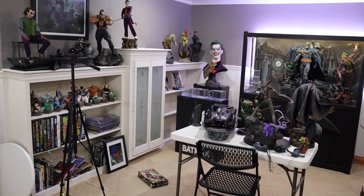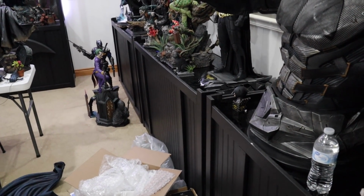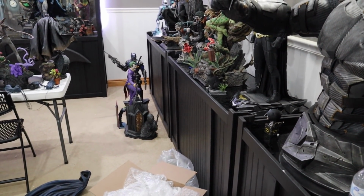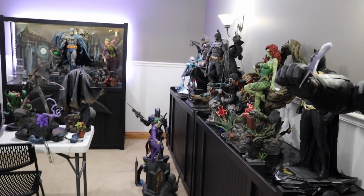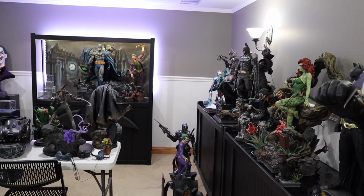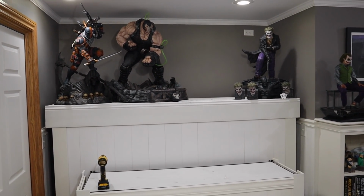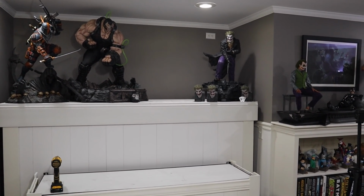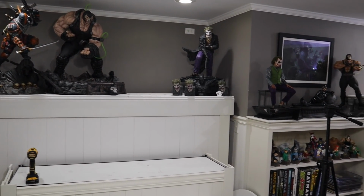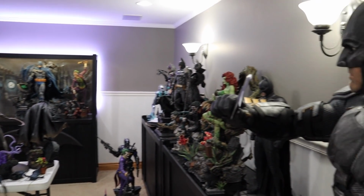I've considered hiring a carpenter, like I said. Maybe take out those shelves and do some sort of multi-tiered custom shelving all the way around. That's great, but the problem is my collection evolves, and it constantly has different shapes and sizes. Like when you talk about that Joker versus Batman, that shelf right there isn't going to accommodate it. I'm going to have to pull it out from the wall and make it work because it's so freaking deep. Sorry, Mr. X would say that's what she said right there. But anyway,